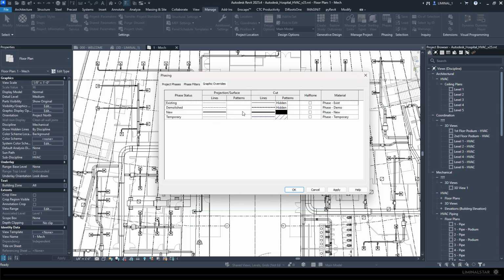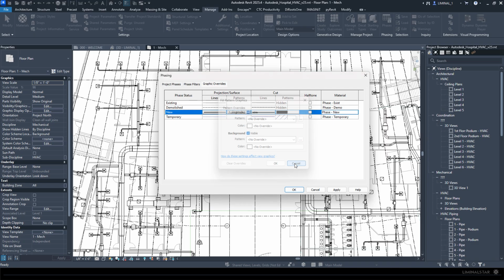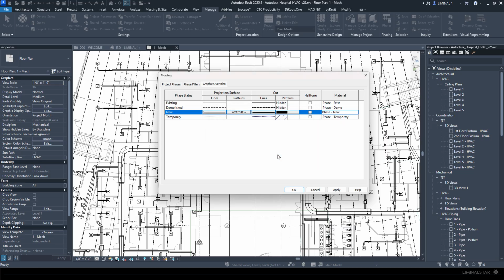Yeah, so that's interesting. Now, if we explore this a little bit further, those are new elements, and there is no projection override on these. So there's no real reason why that mechanical equipment is showing as solid black. And I do believe that to be an anomaly. However, let's take a look at the reason why that might be. If I hit OK